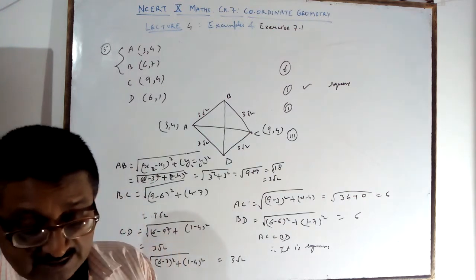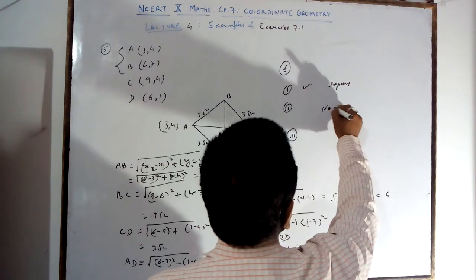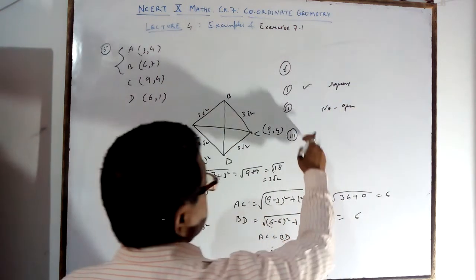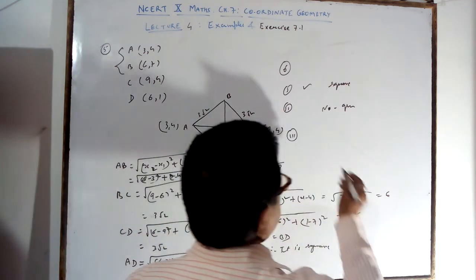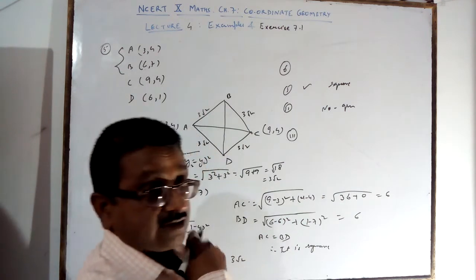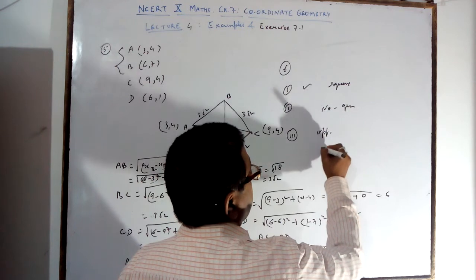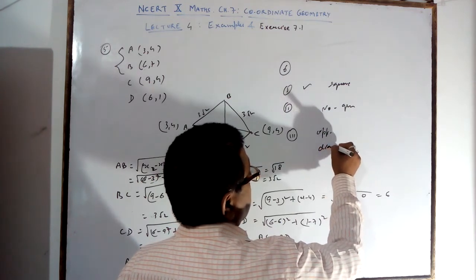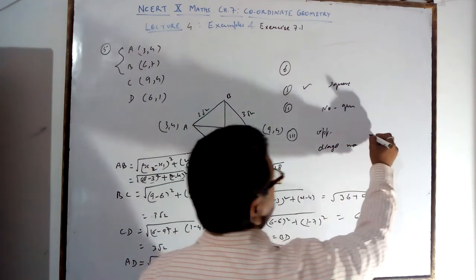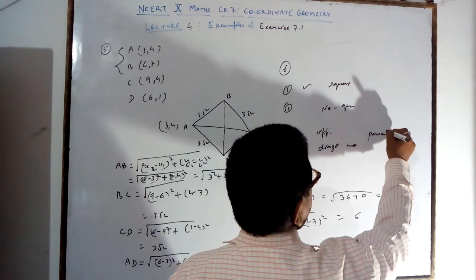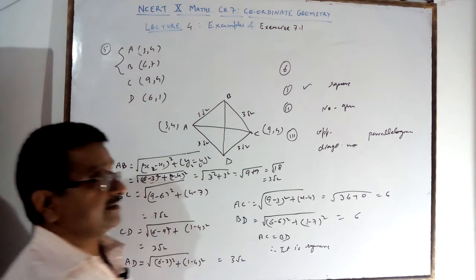When you find out the sides, no quadrilateral will be formed, and here no quadrilateral will be formed, all the three points. And the last one, you are getting a parallelogram. Opposite sides are equal and diagonals are not equal. In the third you will get opposite sides equal and diagonals not equal. Diagonals not equal means AC and BD are not equal, so it will be a parallelogram. When both pairs of opposite sides are equal, you will get this.